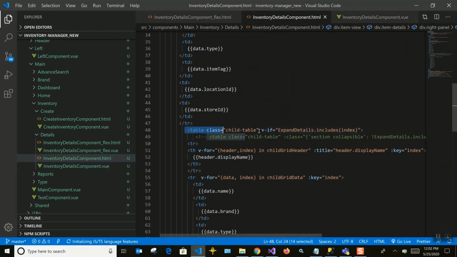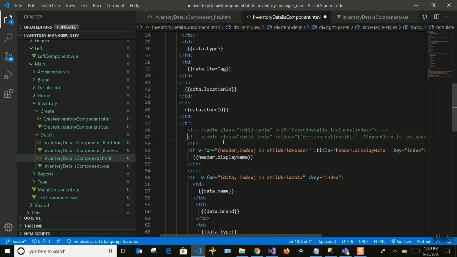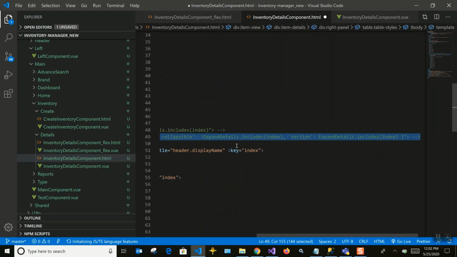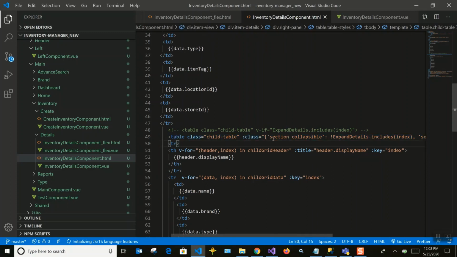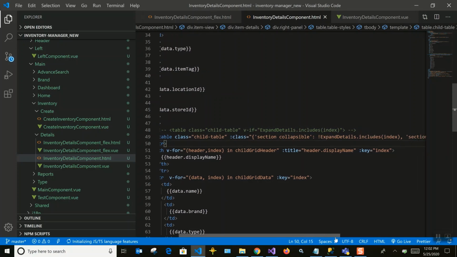In this case we are just displaying it based on the if condition. Another approach is that you can display it based on styles as well. If you want to provide some animation, you can bring it in using that approach.